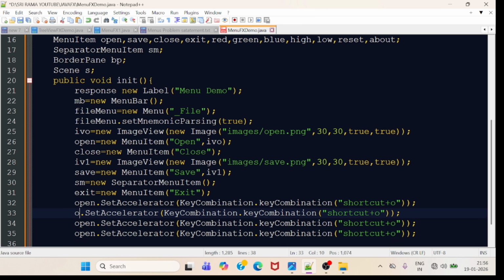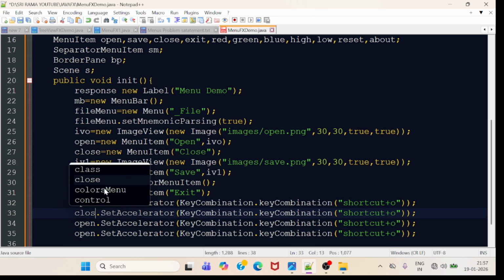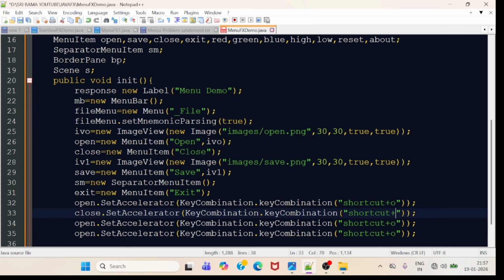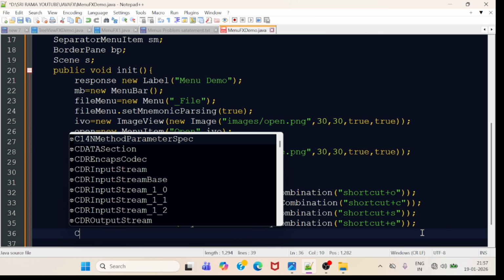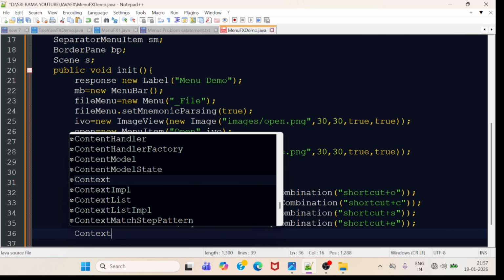We'll set for close plus C, save, yes, exit plus E. So this is the way we created the menu items, and next we will go for creating one more